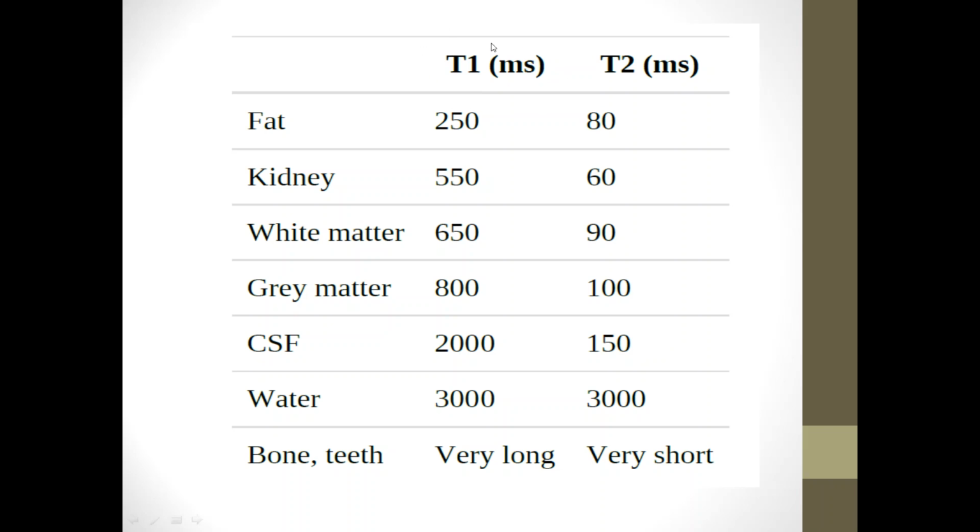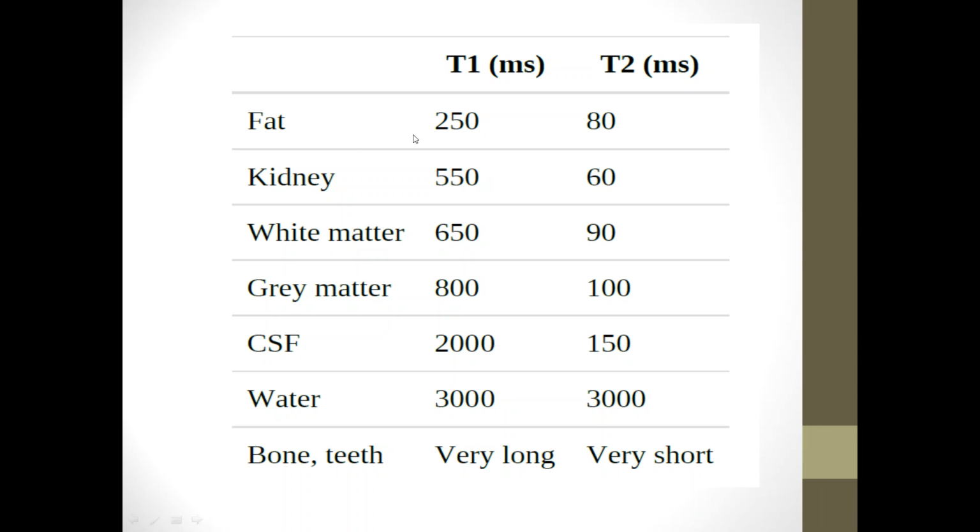T1 constant is the time taken for the longitudinal magnetization of a tissue to recover to 63% of longitudinal magnetization, or Mz, while T2 is the time taken for a certain tissue to decay to 37% of